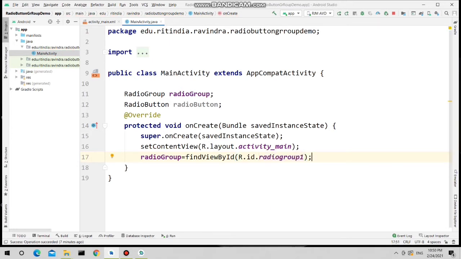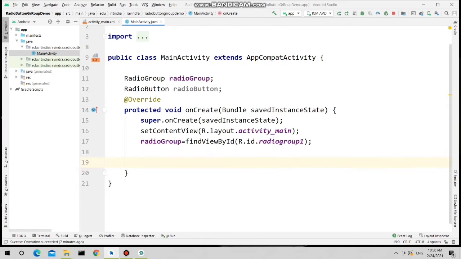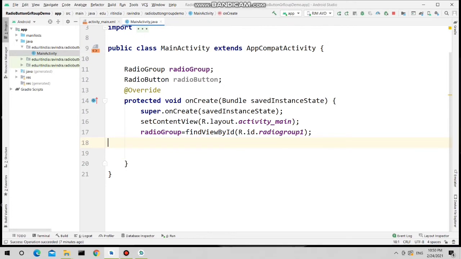Now see, I'm not retrieving the ID of the radio button over here, because though I have 4 radio buttons, at runtime the user will select only one radio button. When the user selects the radio button, at that time I will retrieve its ID. So that action will be done at runtime.